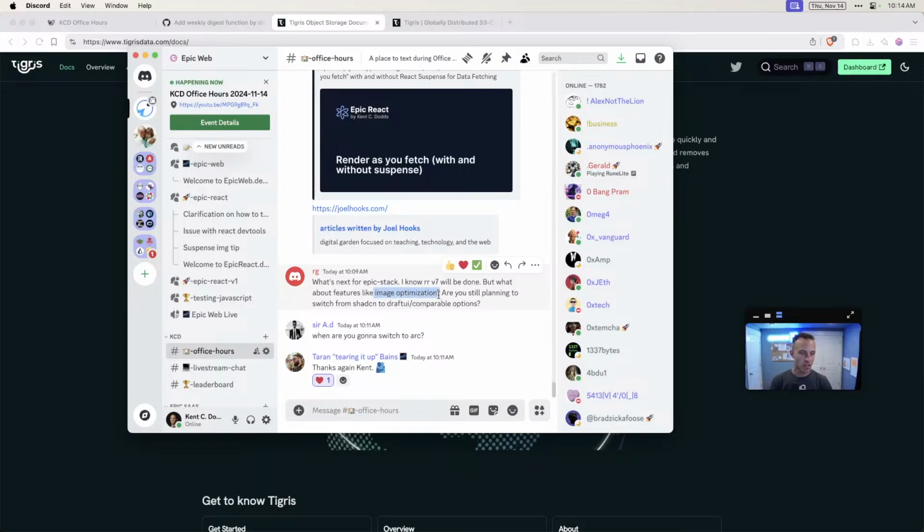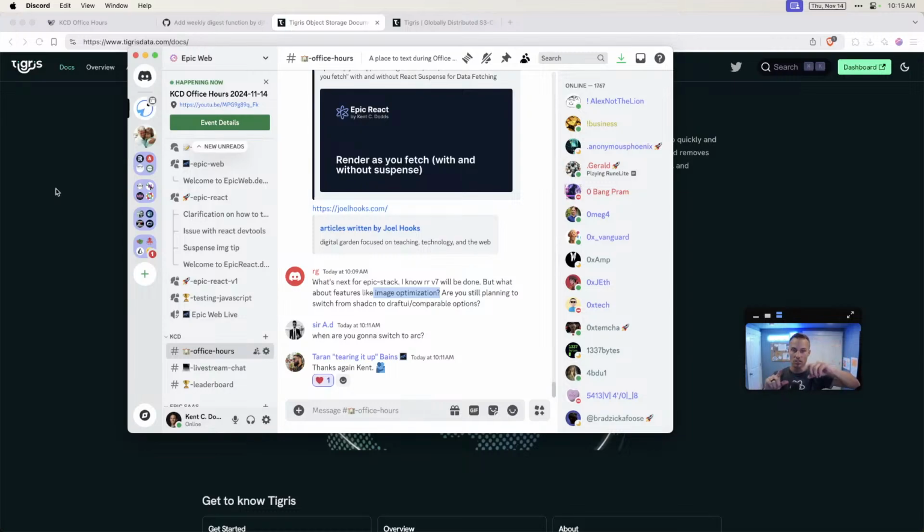Anyway, not every app has user uploads, and so I actually do think that user avatars just stuck directly in the database is not a terrible idea, especially if you're not expecting over 100,000 users. Then it's probably a pretty reasonable way to do things. But if you're building a consumer app and you do expect a ton of users, then what we're doing right now is not going to be great. You would want to do Tigris, and you probably want to do image optimization.